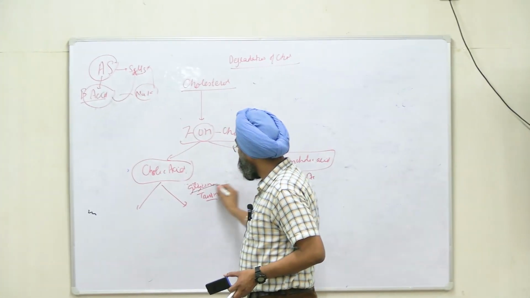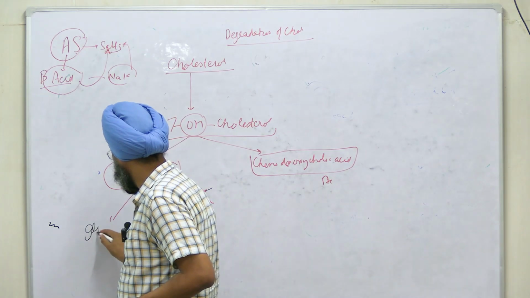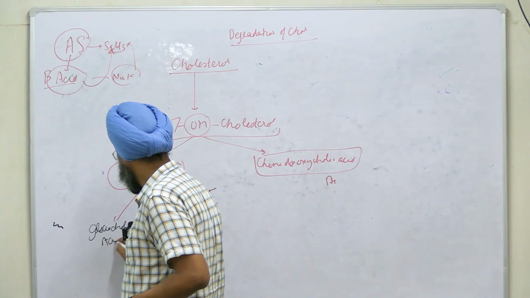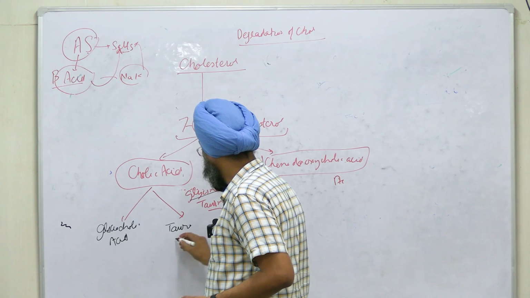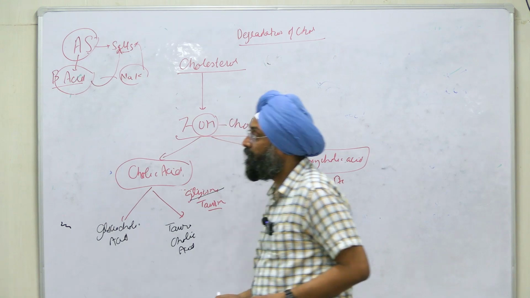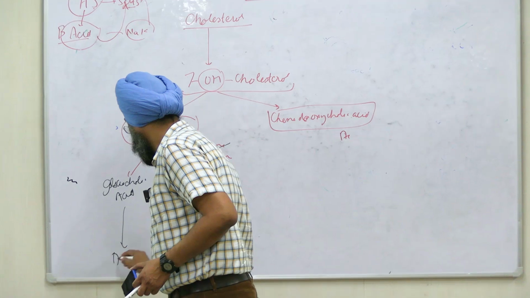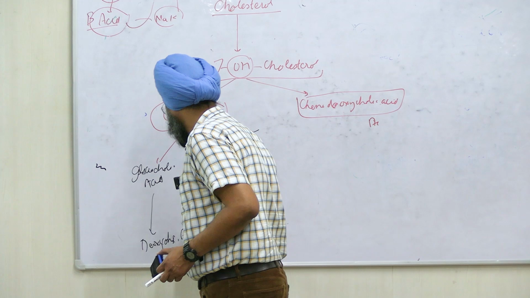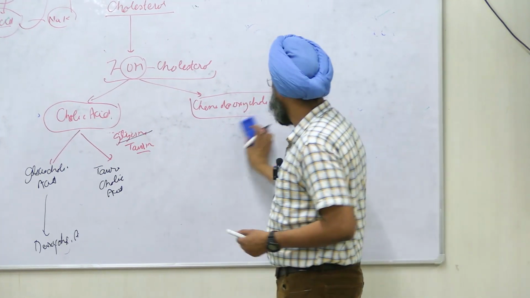So when cholic acid conjugates with glycine, what will you get? Glycocholic acid. And when conjugated with taurine, you will get taurocholic acid, right? And further by intestinal bacteria, it is converted to deoxycholic acid, right? In the same manner, this is chenodeoxycholic acid, and again conjugated with